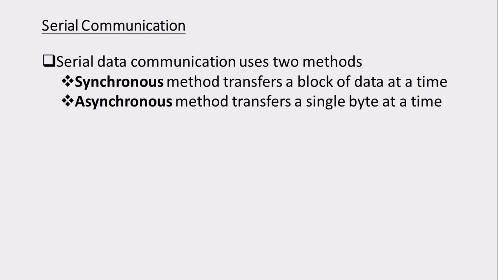Now if you take a look at this, I am having a sender end over here and a receiver end over here. Let me take it that these are apart by somewhere around 100 meters. Let us consider a scenario where these are 100 meters apart and are connected with a single line. At the sender end, let us consider that I am having a clock of, let me take, 10 megahertz.